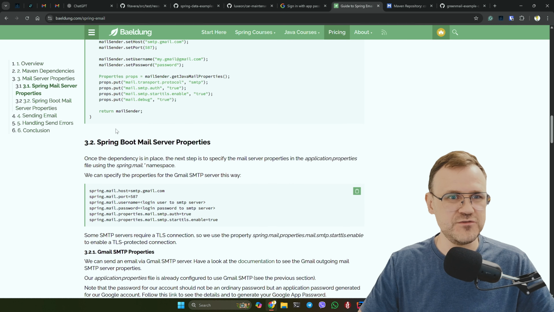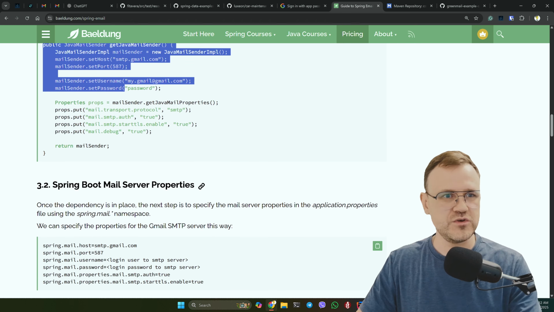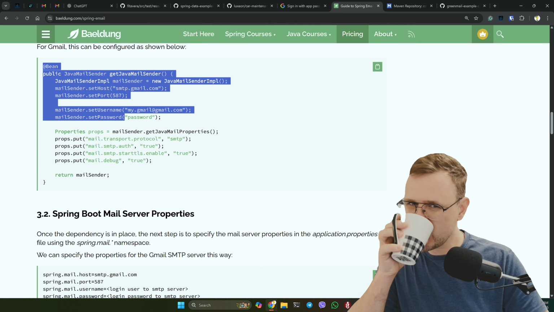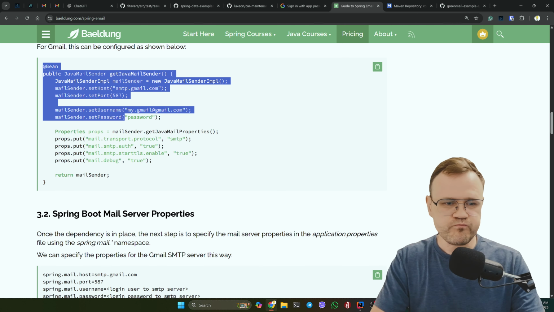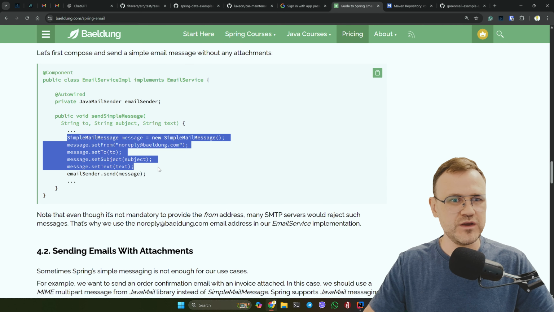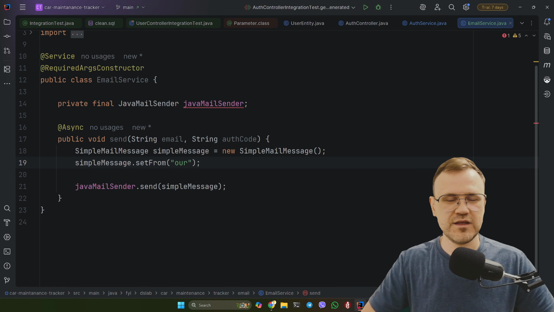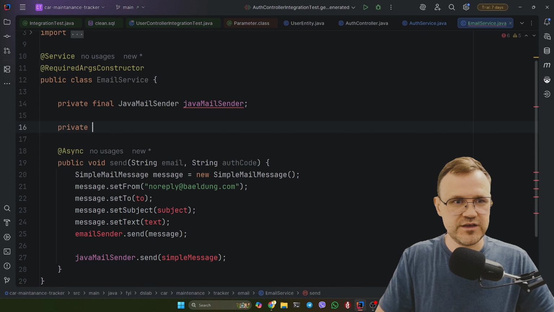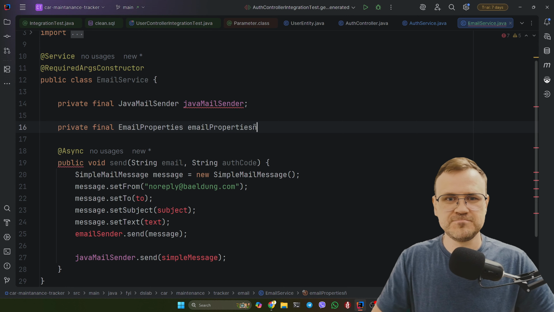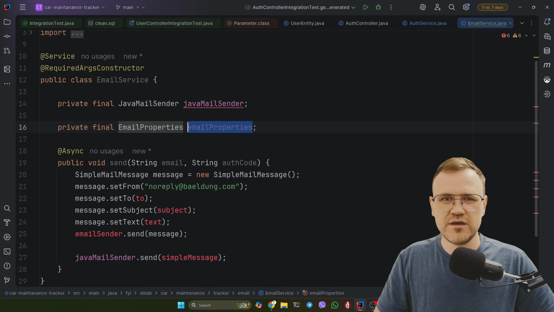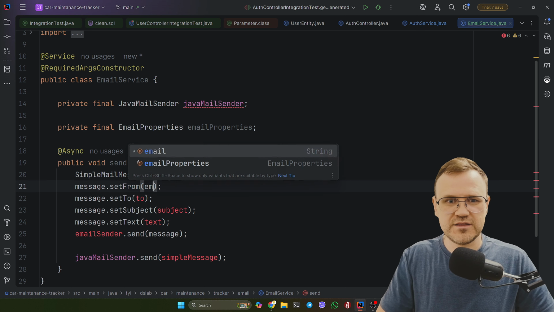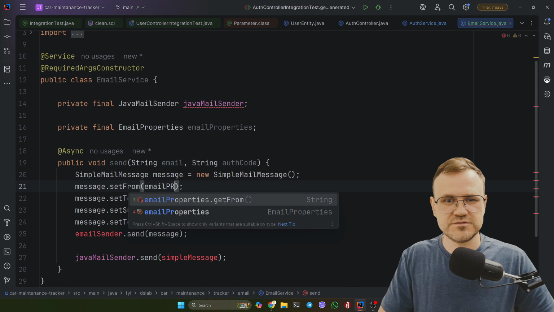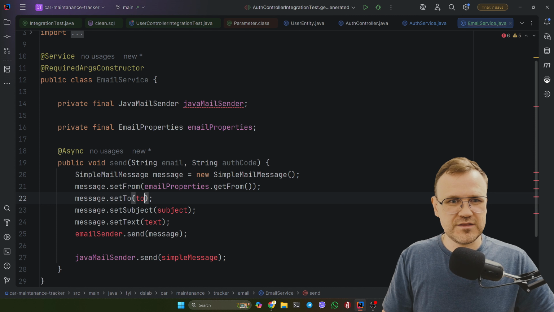I think you can see it better. That is the properties, and that is how the mail can be created. Yeah, in the same way as we did, to be honest. So let's inject the email properties here. Email properties, and we can take the email properties from, to, this is the email, subject,